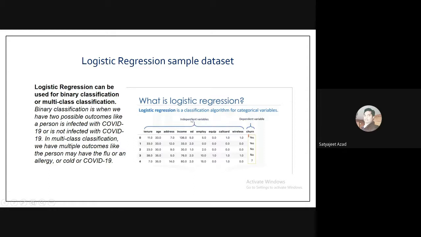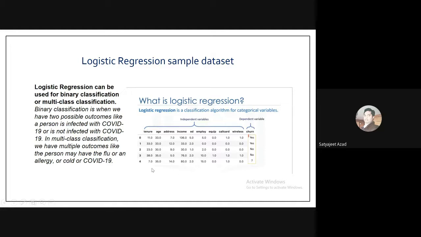We also call them independent and dependent variables, but most of the time that is in a regression problem. In a classification problem, we call them features, and this is called the target variable. We don't call it a dependent variable, we call it a target variable. Based on these feature variables, you are trying to predict the target. This is the input combination and this is the output combination. For training, you require this input and output combination so that you can feed it into machine learning models. They can read some patterns out of that and build a model out of that.